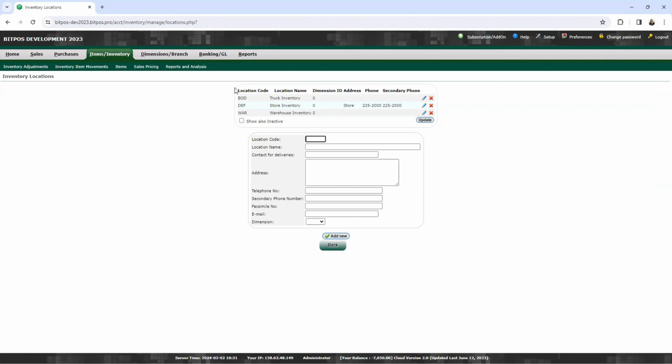So first, the location code means a special code to identify each storage spot. The location name means a clear name for each storage area so people can easily find it. And the dimension, how big the storage area is so you know how much stuff it can hold. Then the address, the phone, the secondary phone, and we create